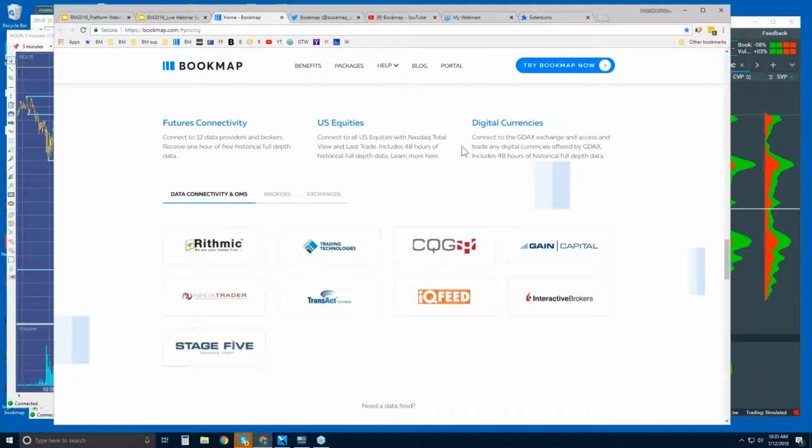For futures and for U.S. equities, you will need to provide the data. Because we're software. We're not a data provider. We're not a broker. So this is how you connect using Rhythmic, CQG, Gain Capital, Transact, IQ Feed,